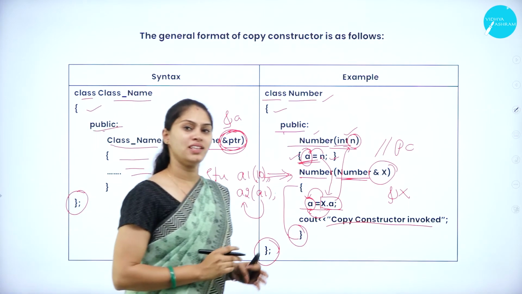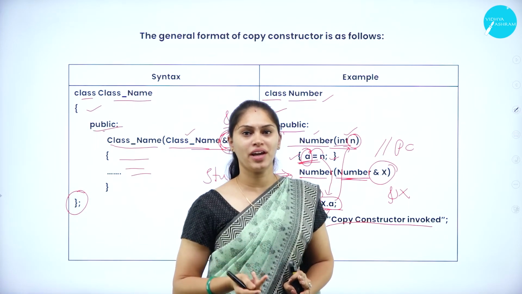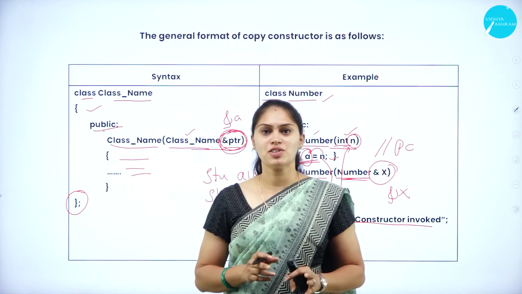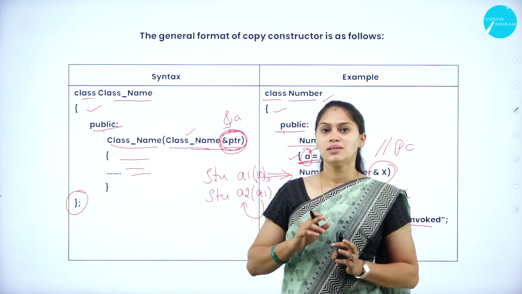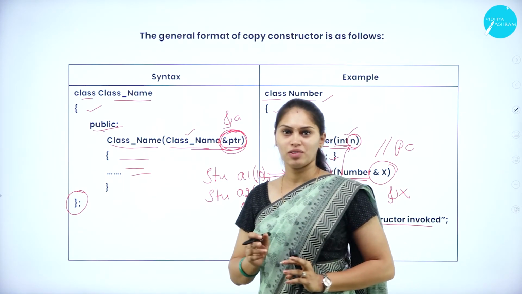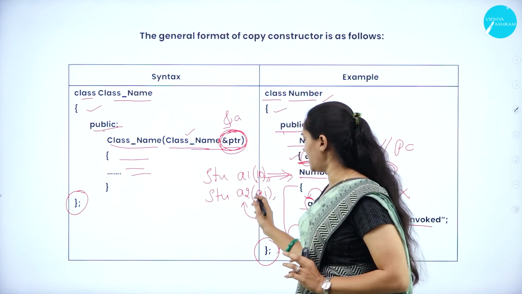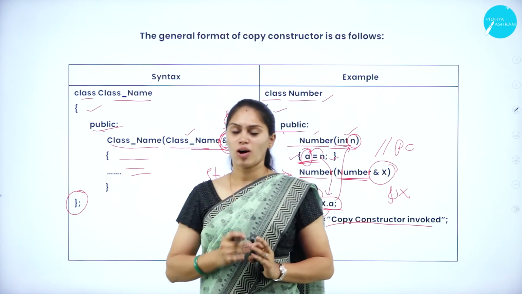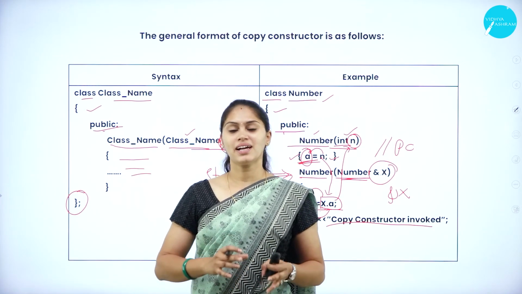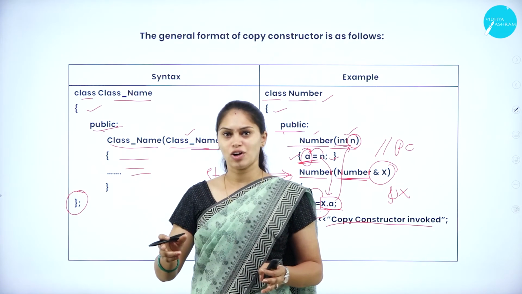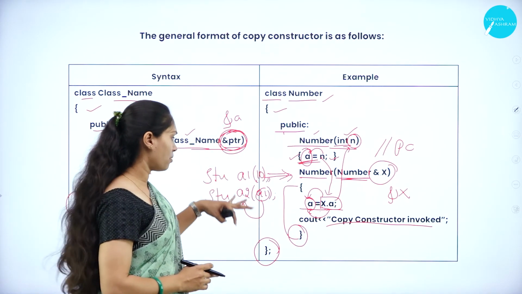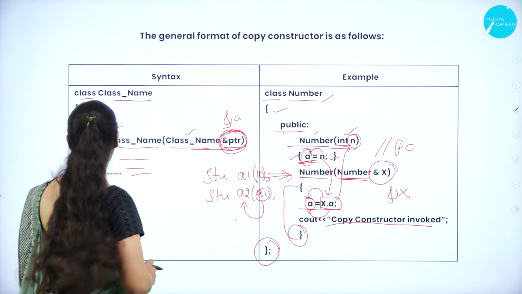With the help of this copy constructor, which is a type of parameterized constructor, I send the reference or address of an object as a parameter. Here I am copying the content of a1 to the a2 object. When I want to copy the content of one object to another object, at that time I must use this copy constructor. This is what I am doing in these two lines. I will write it again.